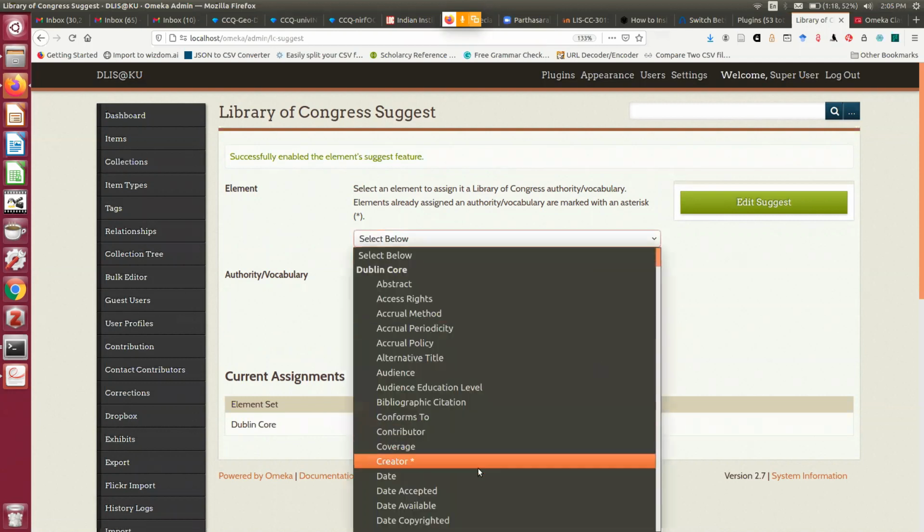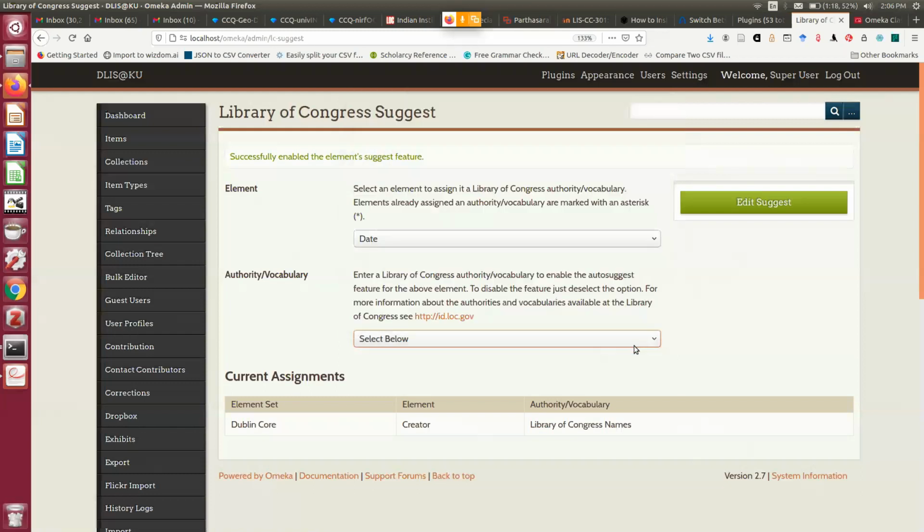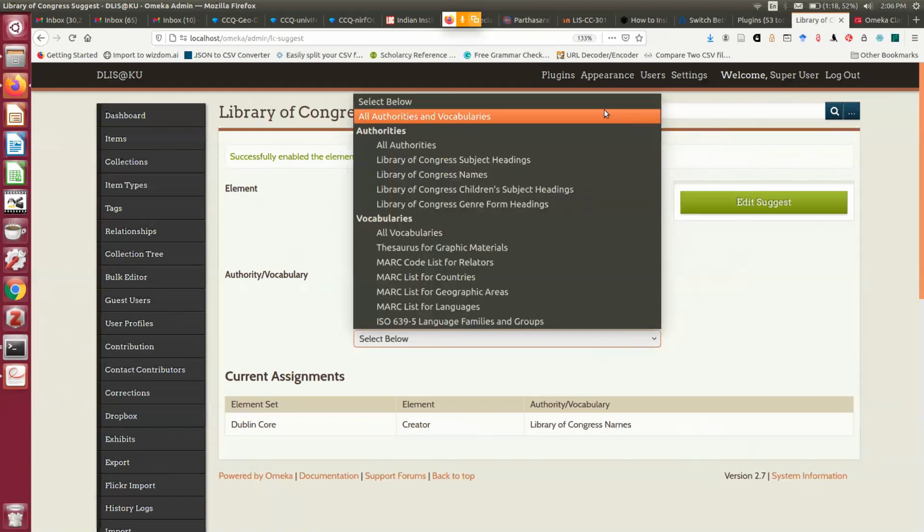Now second, I'm selecting dc.date. So dc.date can be closely related with the MARC list for... which area?